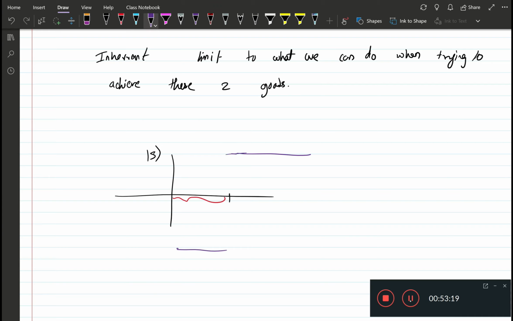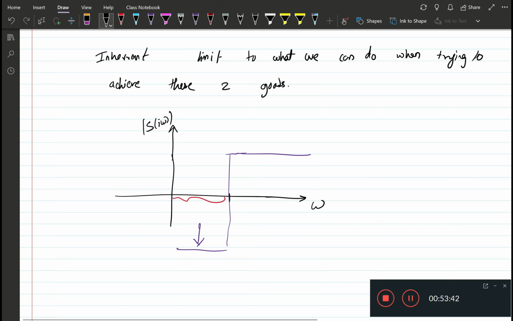So this is the frequency axis and this is S of j omega, and this is the 0 dB line. What we want is to push this thing down, but without letting this one up, and there is an inherent limit to what we can do, and that's given by the